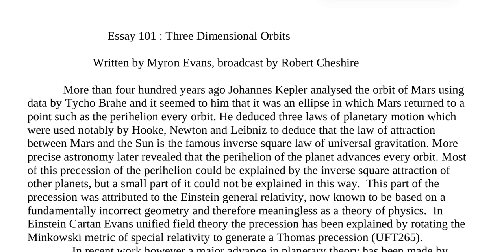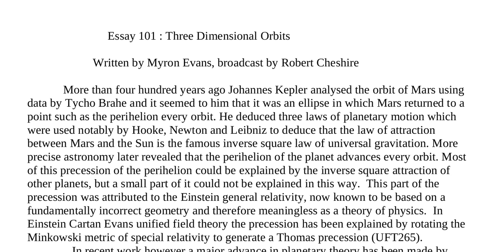Essay 101, Three-Dimensional Orbits. More than 400 years ago, Johannes Kepler analyzed the orbit of Mars using data by Tycho Brahe, and it seemed to him that it was an ellipse in which Mars returned to a point, such as the perihelion, every orbit. He deduced three laws of planetary motion, which were used notably by Hooke, Newton, and Leibniz to deduce that the law of attraction between Mars and the Sun is the famous inverse square law of universal